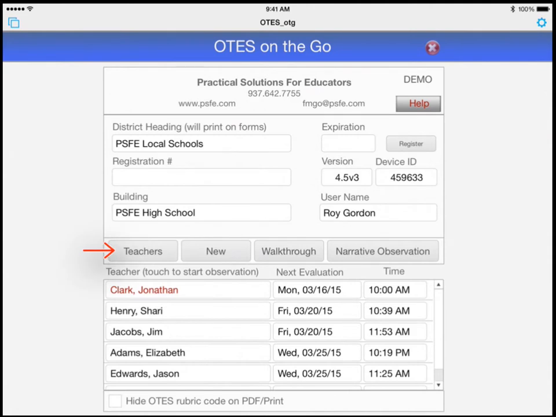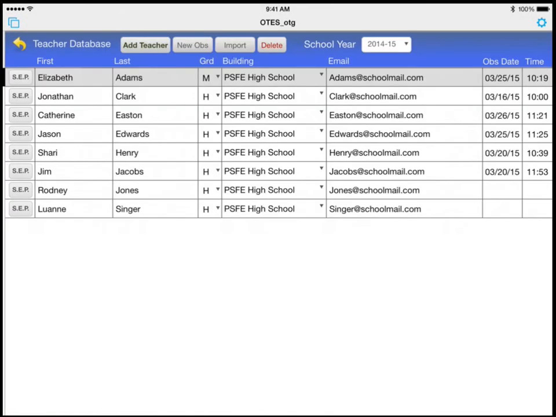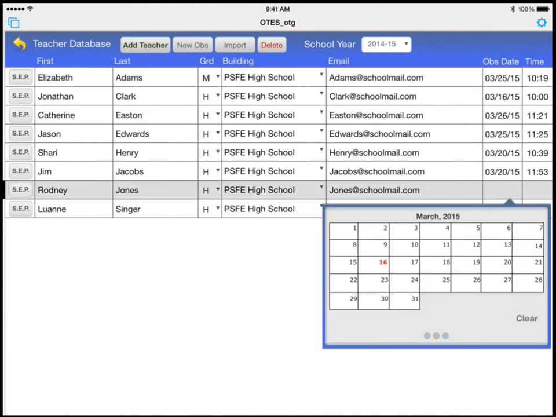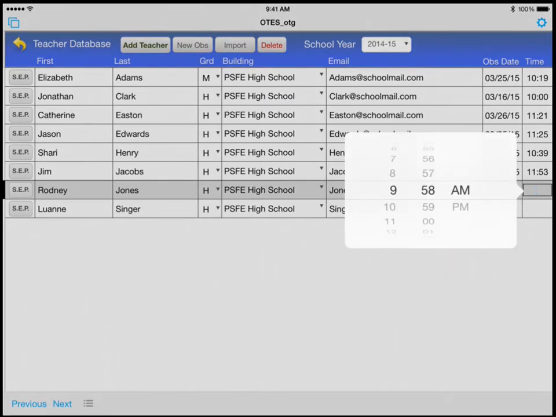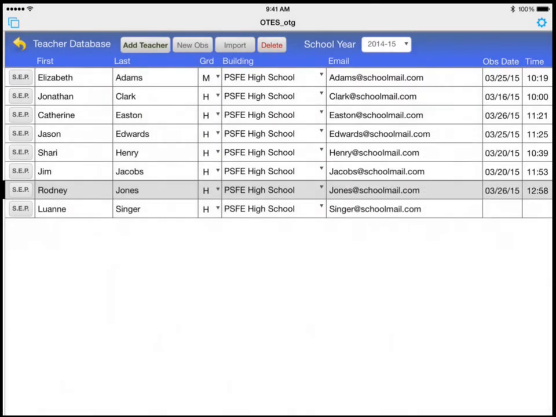If you tap the teacher button, you will go to a list of teachers. You can delete teachers, add new teachers, or import a list of teachers. From this layout, you can also schedule observations. You would tap in the date field, select a date, tap in the time field, select a time, and now